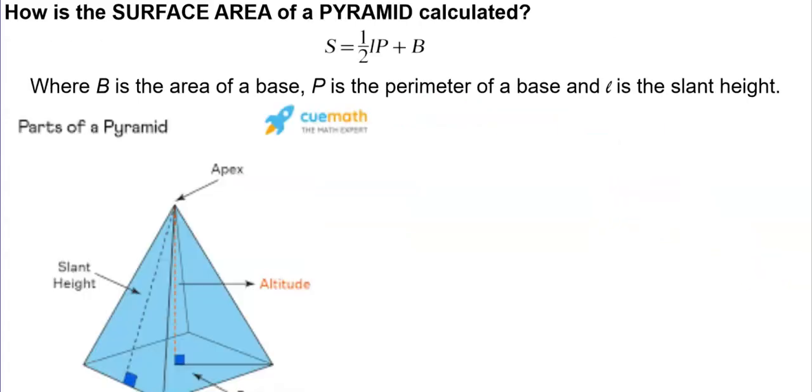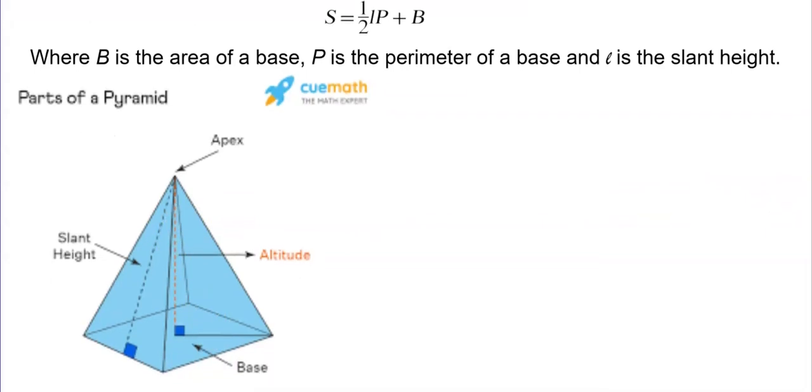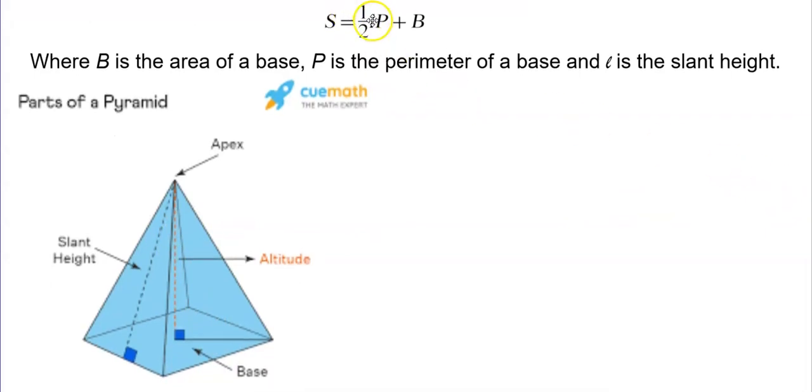Well, what if it's not a prism? What if it's a pyramid? Well, the surface of a pyramid is going to be a little different. Because we go in on the sides, we are going to use a slightly different formula. This, by the way, right here is an L. We are saying 1/2 L times P plus B. Where big B